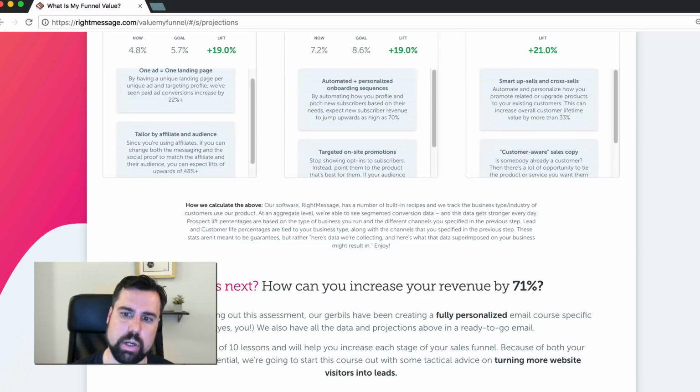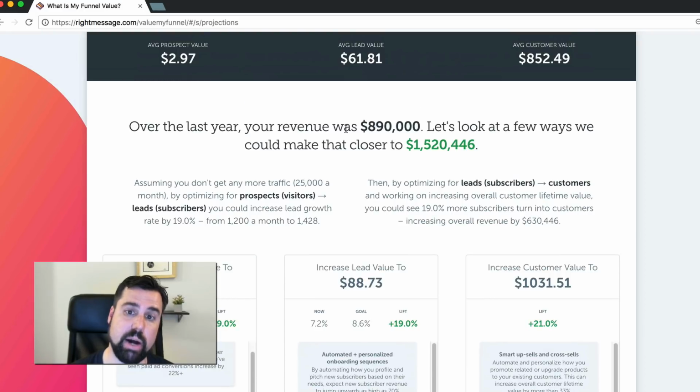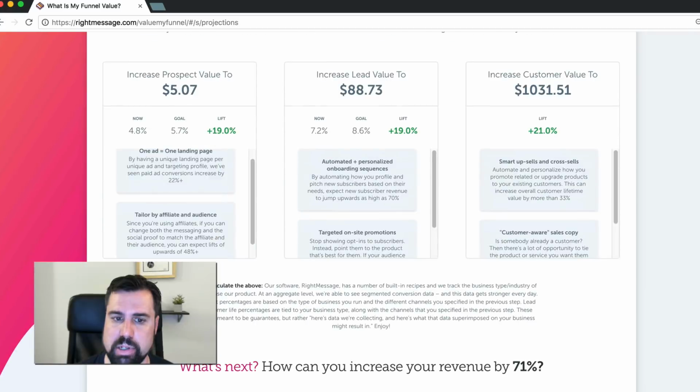So after we give you an idea of what this outcome could look like for you, if you were to go in and leverage personalization to increase the number of leads your site generates, the number of subscribers who become customers, and also how you resell or upsell existing customers,